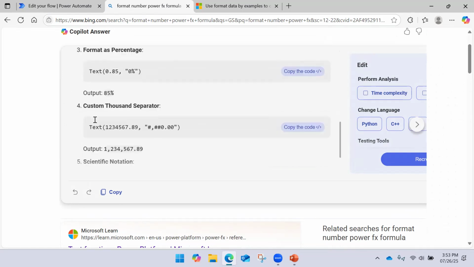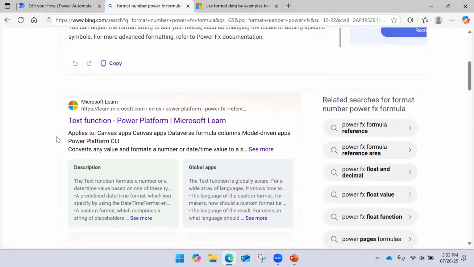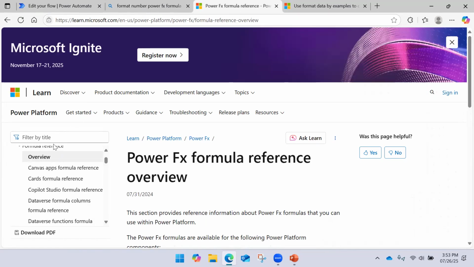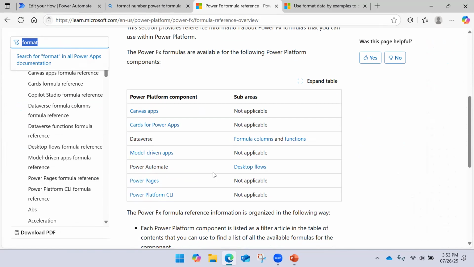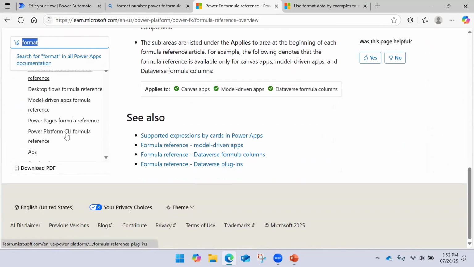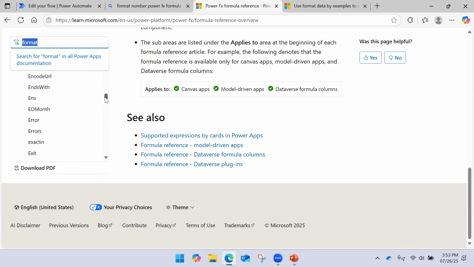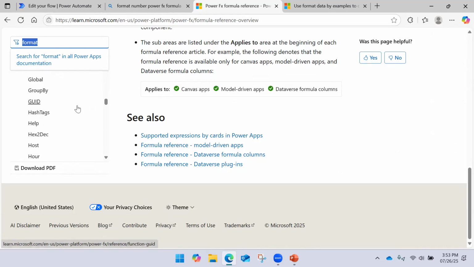Okay, this is what we are not looking for, and let me say we are looking for this. So I will say formatNumber. Let me try to reach that F series. Maybe that function is not supported now.